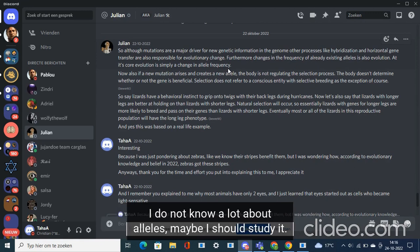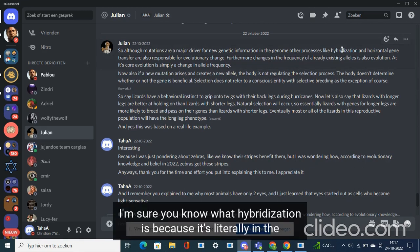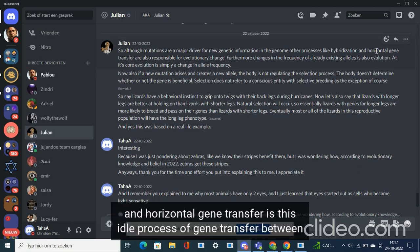I do not know a lot about alleles, and maybe I should study it. I'm pretty sure you know what hybridization is because it's literally in the name: interspecies breeding. And horizontal gene transfer is this process of gene transfer between